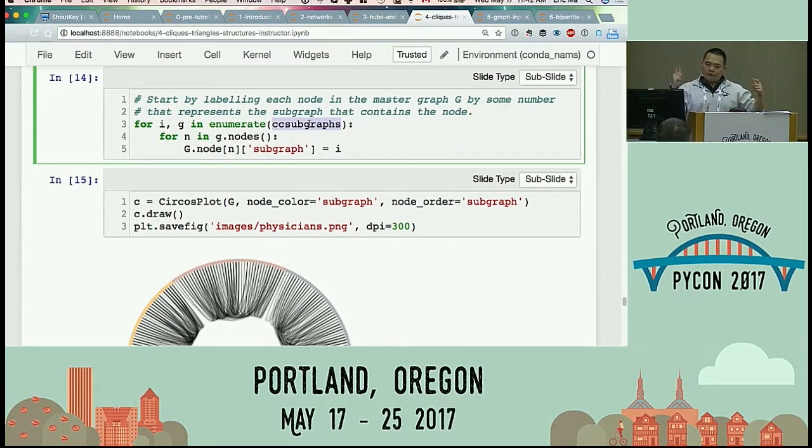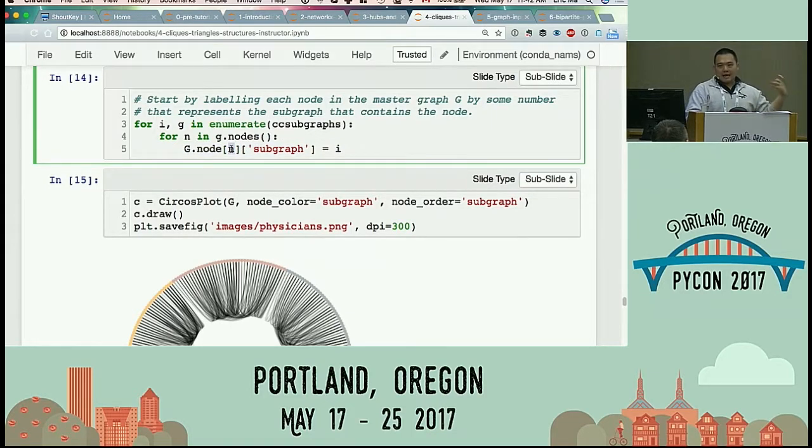The enumerate function will give me 0, comma, graph object 0, 1, comma, graph object 1, 2, comma, graph object 2, etc. The next thing I want to do is, because the node set in subgraph little g is a subset of the nodes in big graph G, I can iterate over every single node n in the smaller subgraph, and because it corresponds to the same exact node in the original big G graph, I can annotate that big G graph with the node